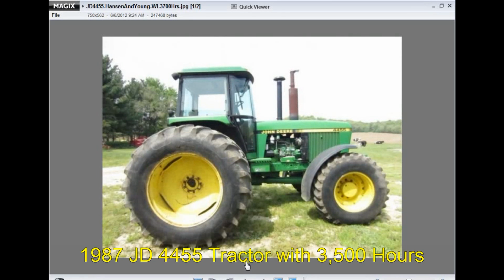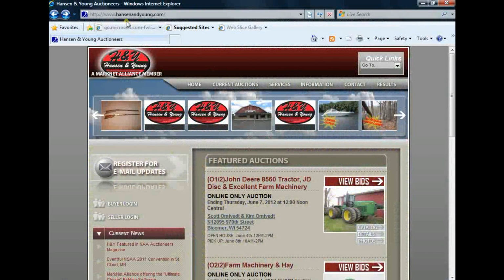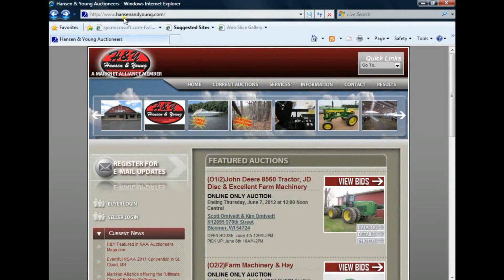We're looking at a very nice tractor up for sale tomorrow, June 7th, 2012, on an online farm auction in Bloomer, Wisconsin by Hanson & Young Auctioneers. Now this is a John Deere 4455 mechanical front, 1987 model with only 3,500 hours on it, and it's a power shift. So let's go to Hanson & Young website, which is just Hanson, S-E-N, hansonandyoung.com, and you can see